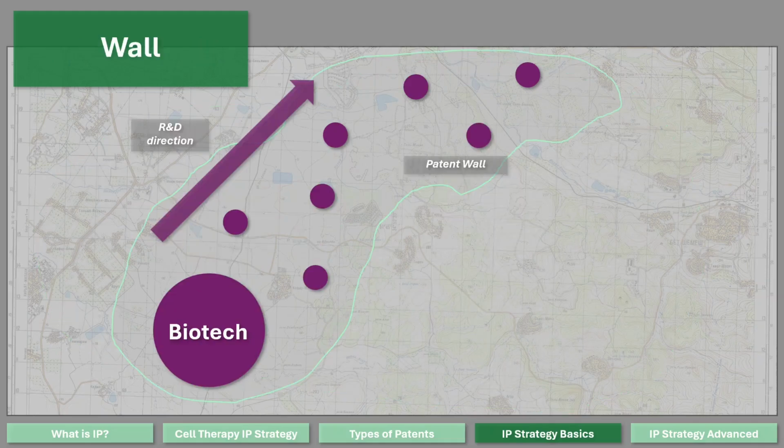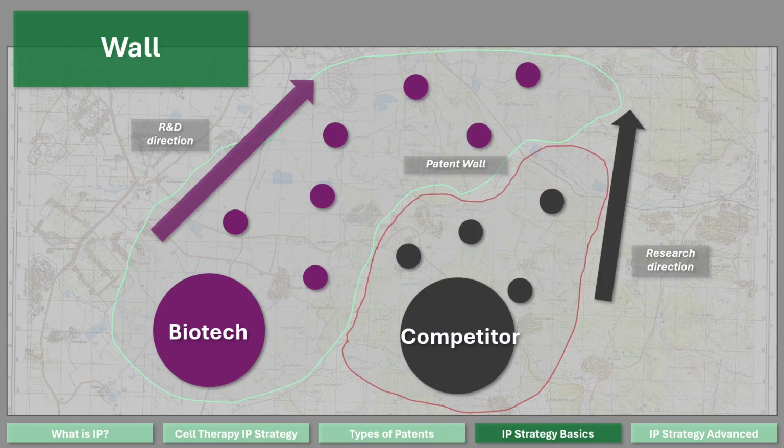Walling is a strategy where our biotech files patents in one specific direction for more impact, with the assumption that the competitor will surpass them eventually. This strategy is usually done when a company's research and development ability is high and is able to continuously keep ahead of its competitors. When the competitor has caught up, the biotech already has newer patents that have made the